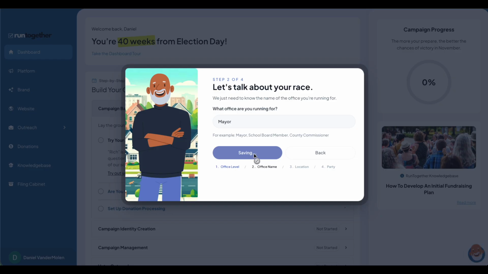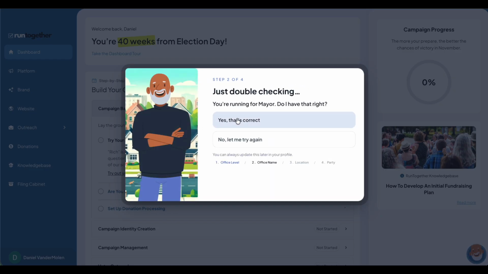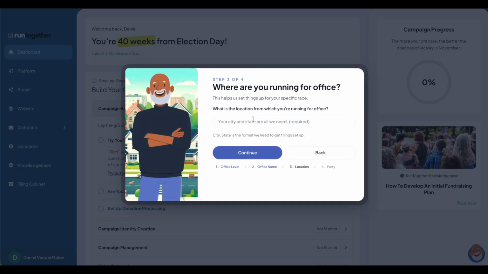Next up is a quick pulse check to make sure what you entered looks correct. This is something you can also update later in your profile. The third step is adding the location from which you're running. This helps us set your account up for your specific race and should be entered using the format city and